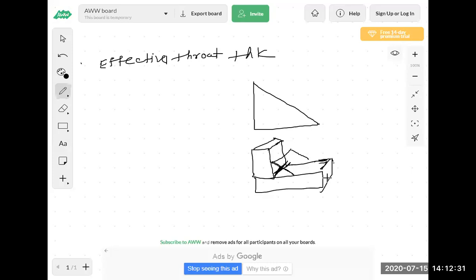This is the 3D sketch. So this is one plate, this is another plate.